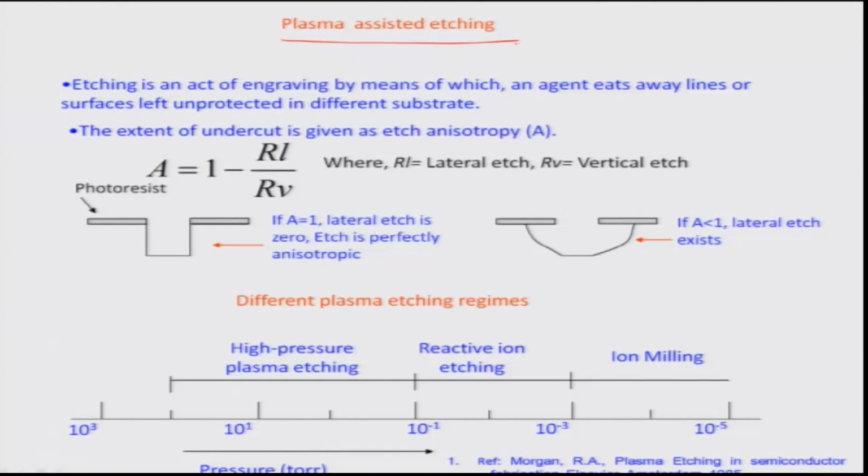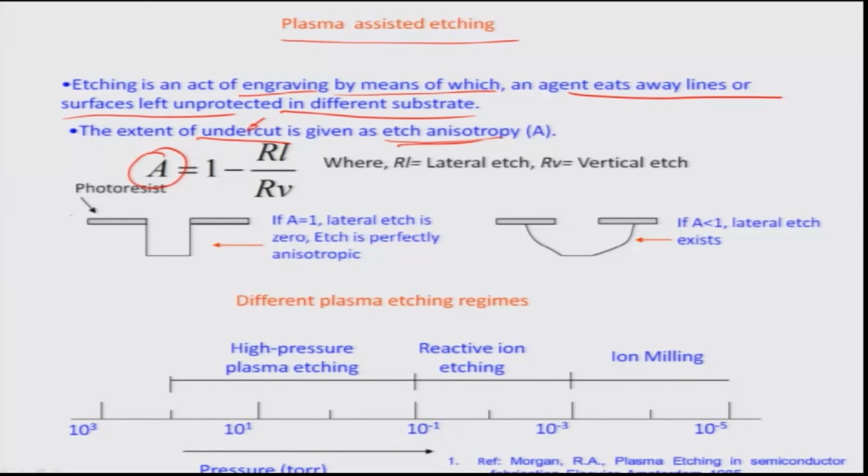And as we had already learned in the wet etching case, it is an act of engraving by means of which an agent eats away lines or surfaces left unprotected in different substrates. There is also something called an undercut, which we had found earlier in one of the modules, where we were talking about a lateral etch with respect to a vertical etch because of the homogeneity or the isotropicity of the etching process,